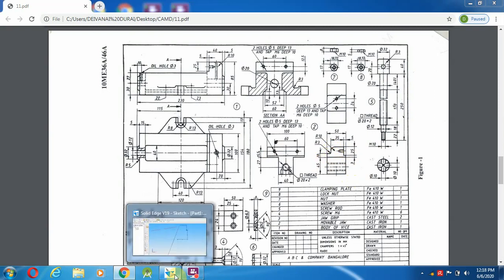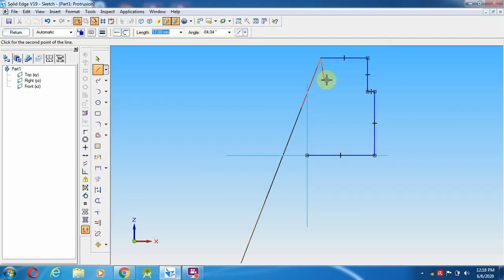Okay, so 73 minus 55, 18 we are getting. So 18 towards this side, 10 mm. So total distance is 10 mm, sorry, 50 mm. So here 5 mm and this area is 35 mm.